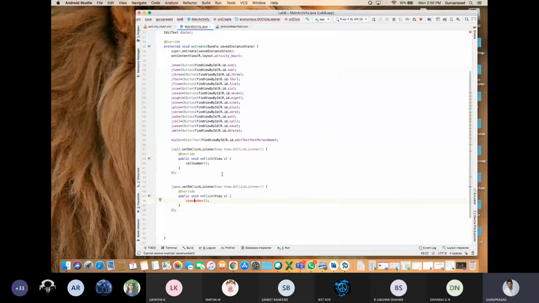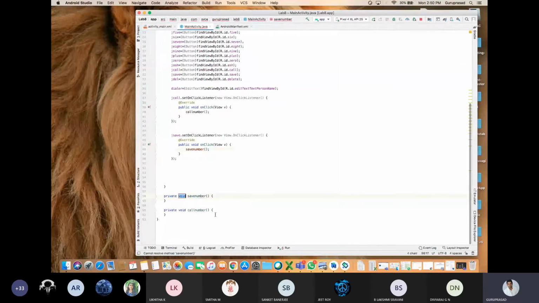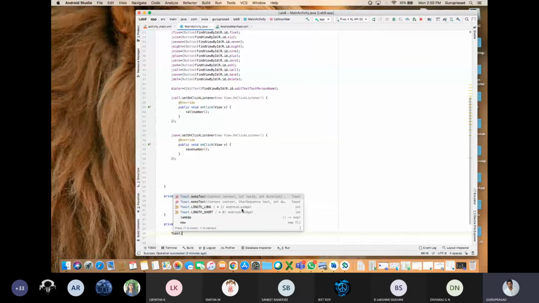Upon clicking the call button, let me demonstrate toast also. I can toast a message. Toasting means a small message is displayed for a few seconds. See, toast dot make text. Make text where?